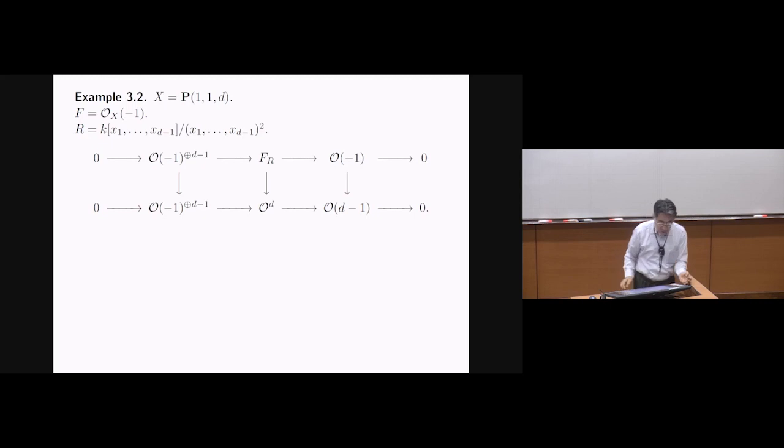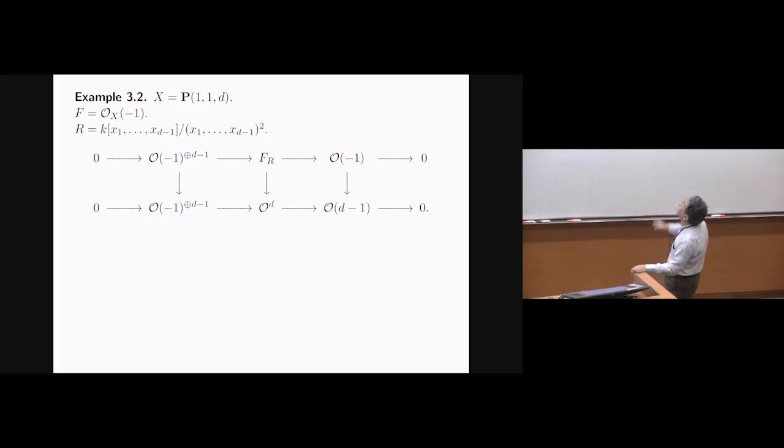So this is an easy case. Let X be a weighted projective space, and F is O(-1). So this has a singularity at the vertex. Then the versal algebra is like this, and this is proved by using this commutative diagram of